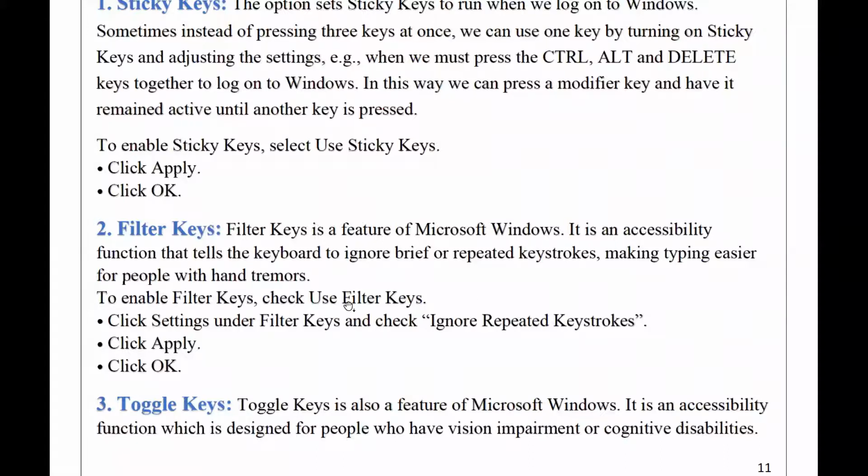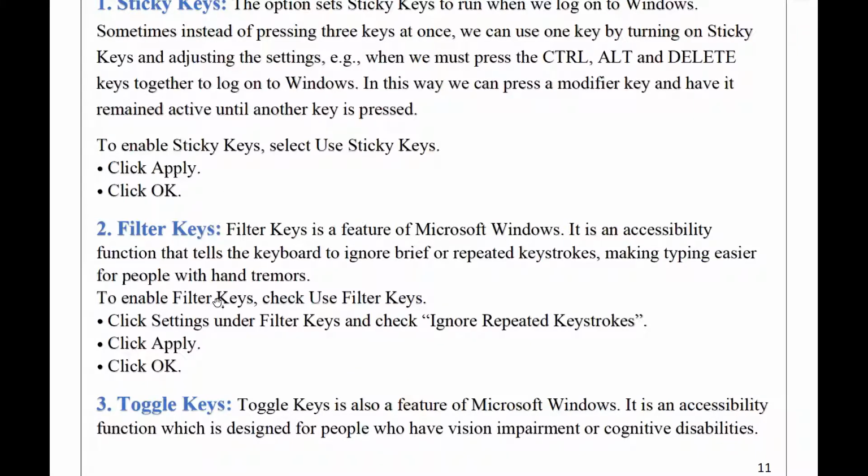So questions can be asked in the board examination from this topic. If this session comprises any question, the examiner can ask which key ignores the repeated keystrokes, then our answer will be filter key. The examiner can ask which key gives you the facility of modifying your key, so your answer will be the sticky keys. Okay, getting my point? Which people use the sticky keys and filter keys? Then your answer will be the physically impaired people, or you can say other terminologies.